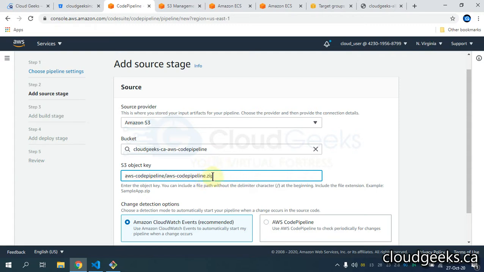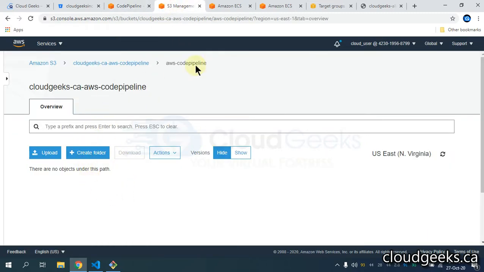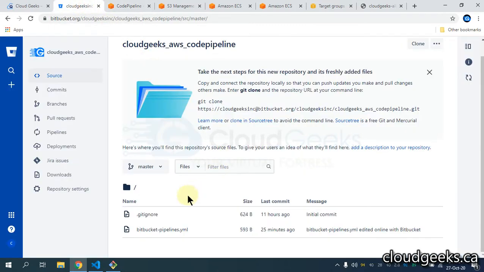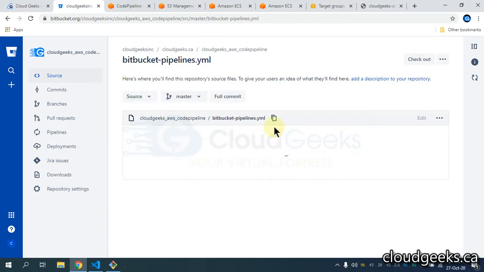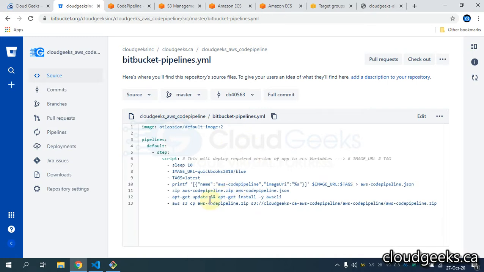This zip is not actually there. If I navigate to my S3 section, you see no zip is there. So this zip file we are going to create through the script, and let me show you that script. In the build pipeline YAML, I'm creating the zip file. This is the required stuff.